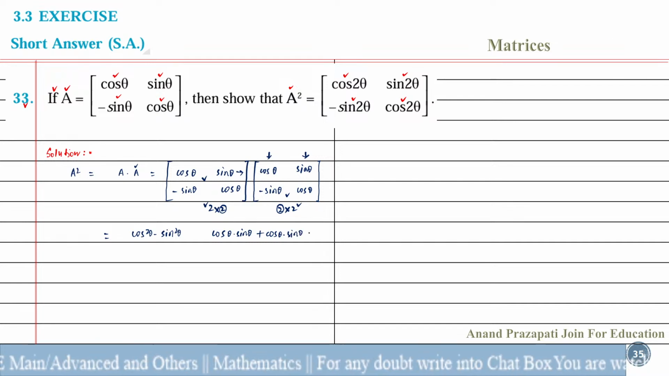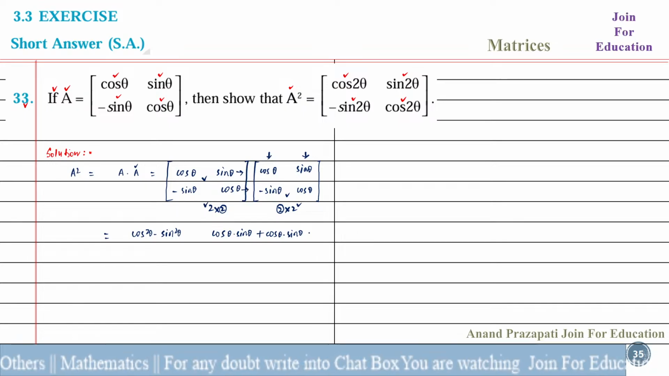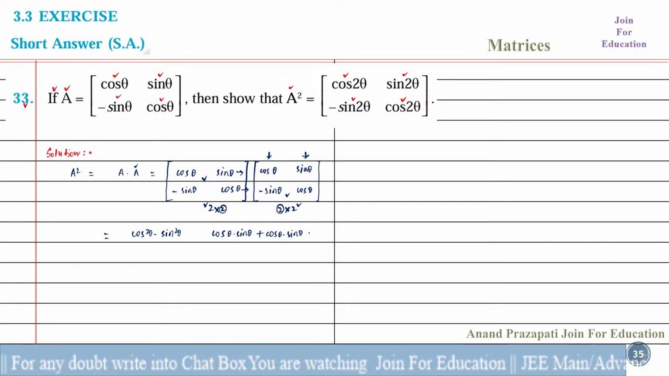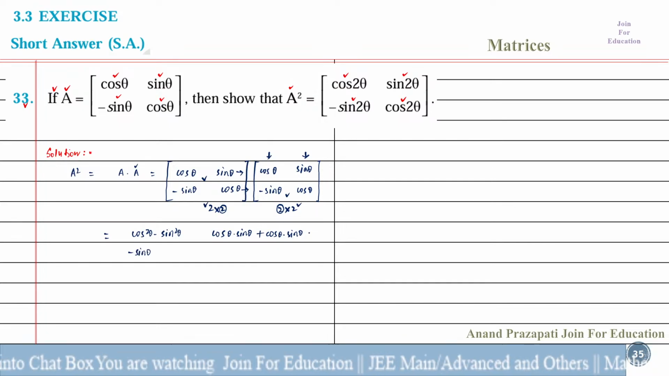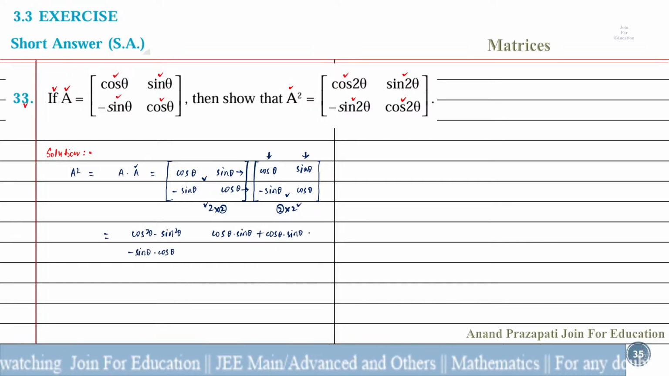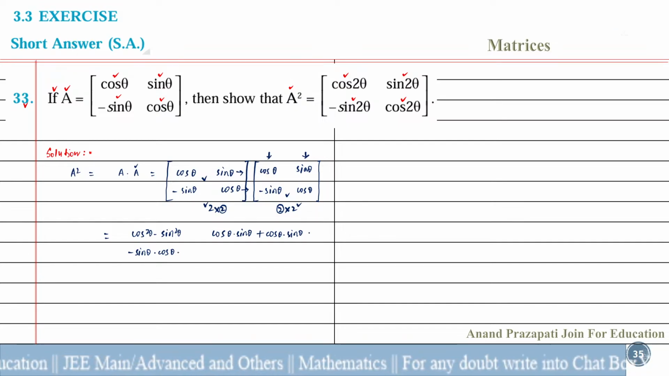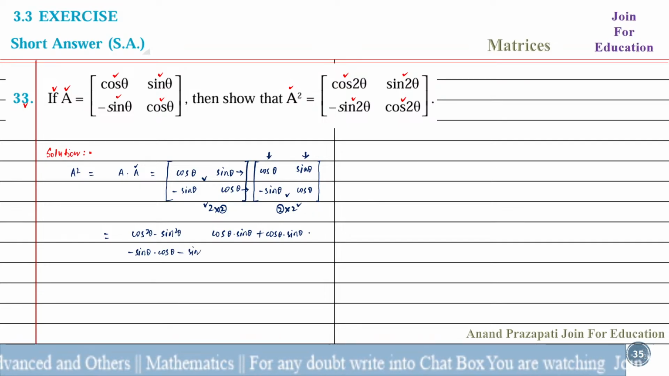Up to this step there is no problem to understand. Second row along first column, so minus sin theta into cos theta equal to minus sin theta into cos theta, plus minus minus, so we write down here minus sin theta into